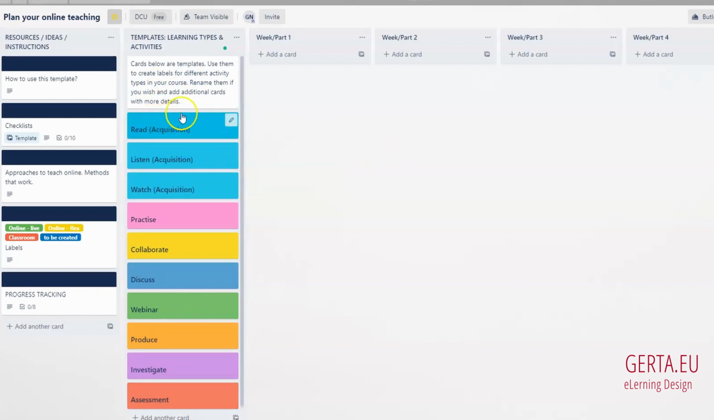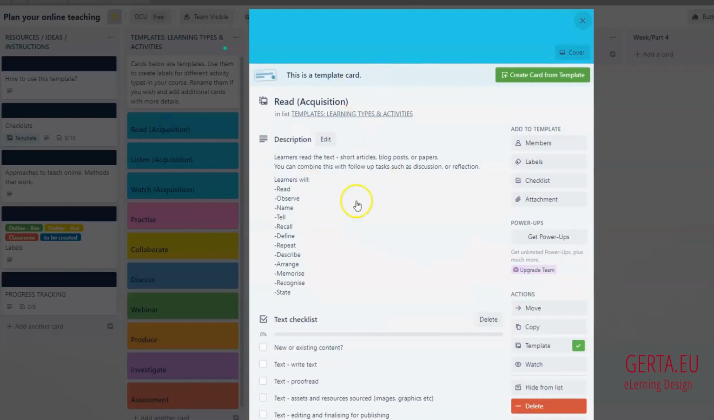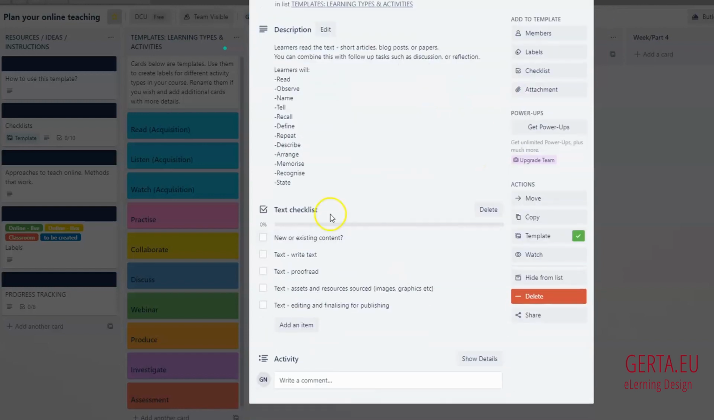So you have acquisition, which is like reading, listening or watching, practice exercises, collaboration, discussion, webinars, producing content, investigating issues, and I also added assessment. When you click on each of them, the additional information will open and you will have a short description, a list of active words to describe your learning outcomes from this particular activity,